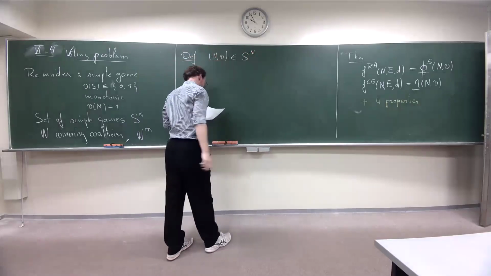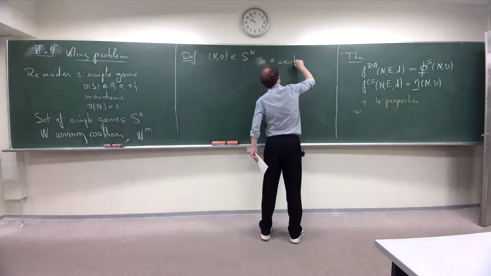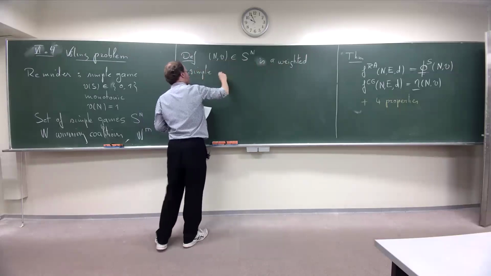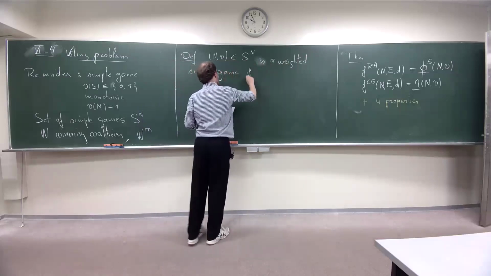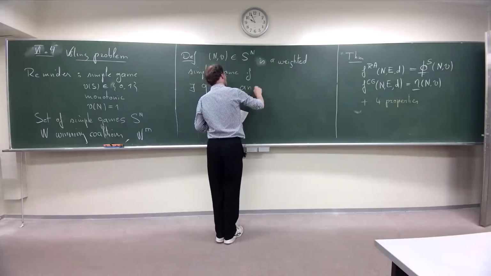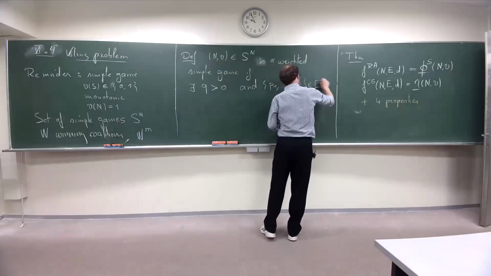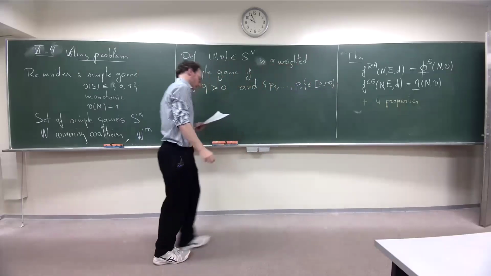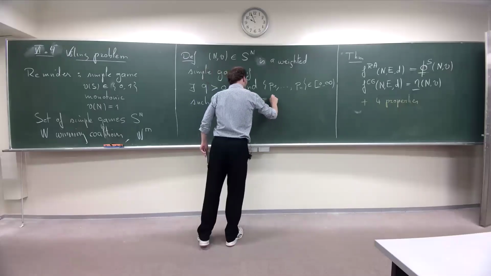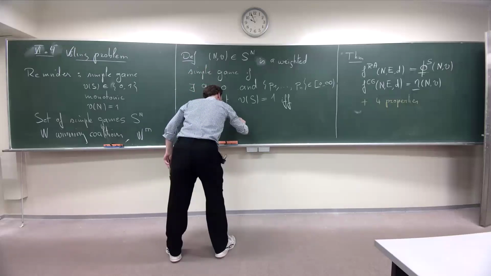A simple game is a weighted simple game if there exists a number Q which is bigger than 0, and there exist P1 up to Pn which are positive numbers, such that V of S is 1 if and only if the sum of the Pi